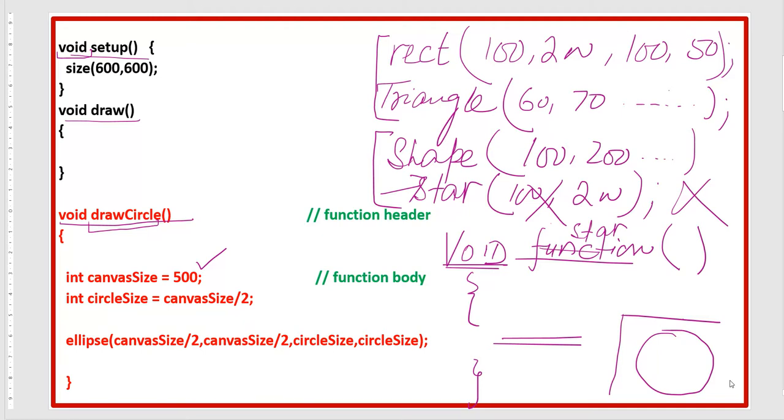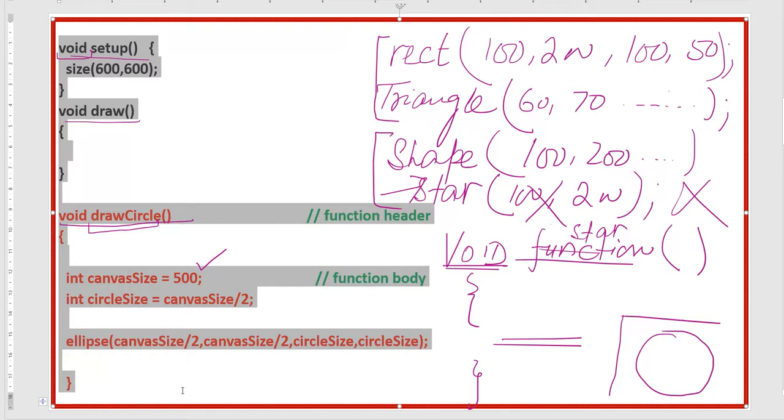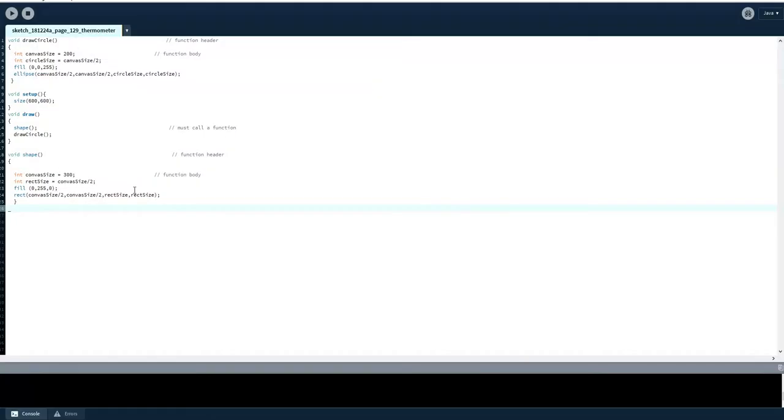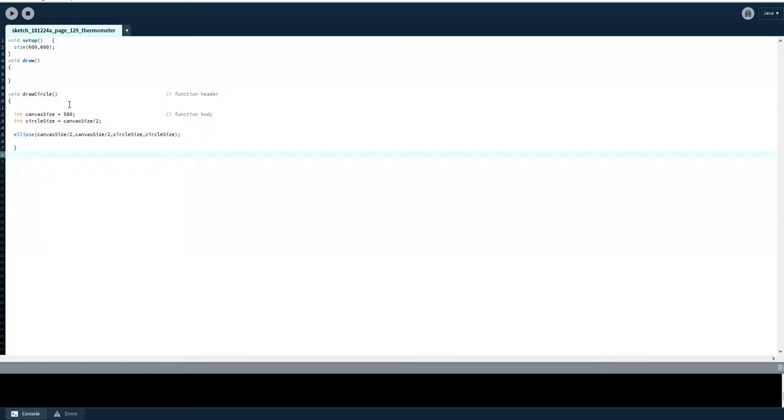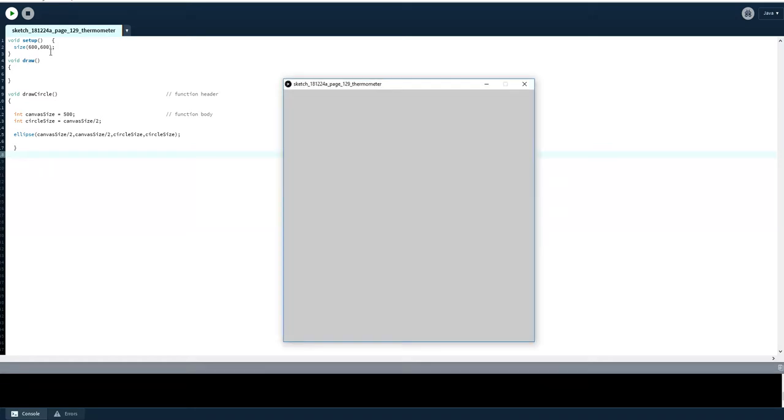Now we are going to run this program, and I will show you a very interesting point here. Copy this and I will run it on this canvas, and you will see that everything is perfect, everything is there. But we get a canvas of size 600 by 600 pixels, and we do not have any ellipse here. Why? The question arises, why do we not have any ellipse or any circle here?